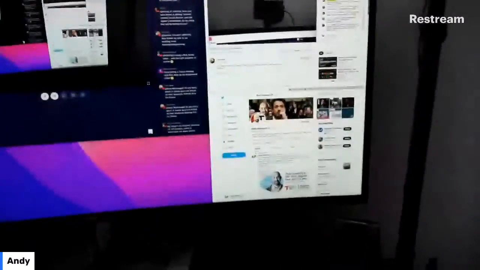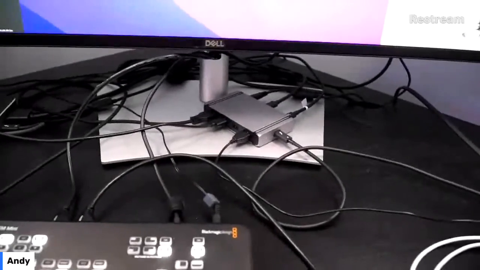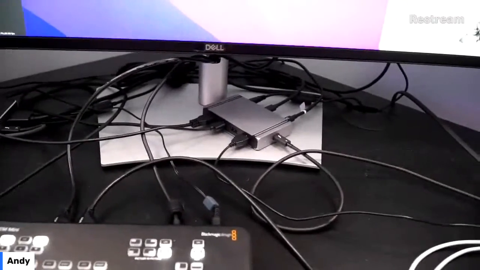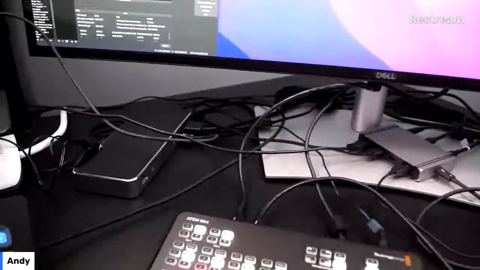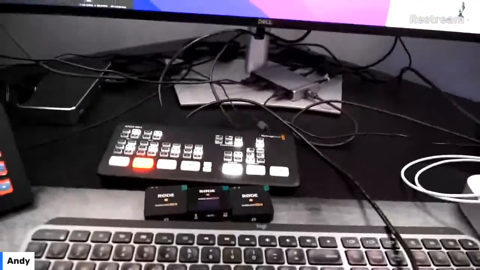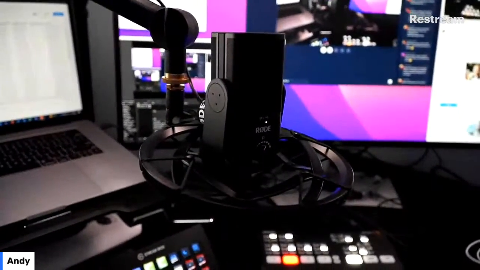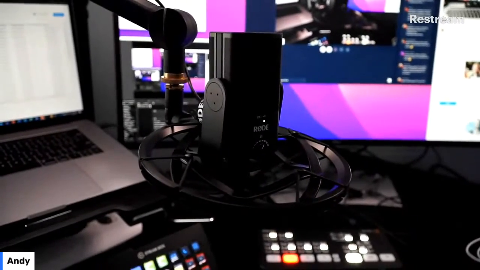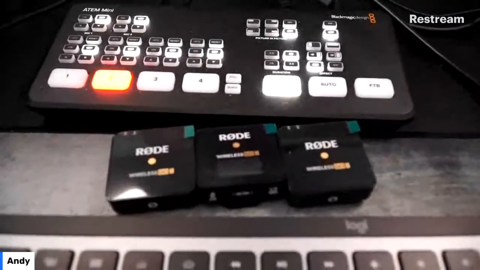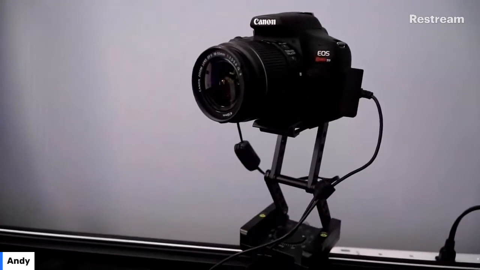And then I'm actually running through, I think it's a newer CalDigit Thunderbolt 4 hub. It's small, really powerful, and I've got a Kingston one that I use over there. That's the previous version. And then that's the main part of it. There's the Rode NT USB Mini USB microphone, and then I've also got the Rode Wireless Go that I use occasionally.